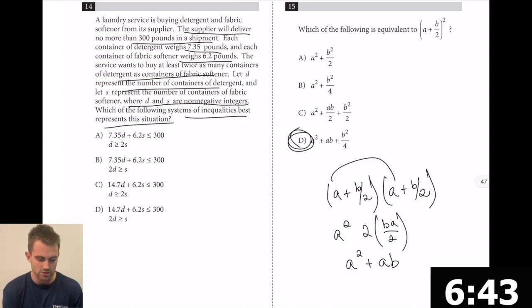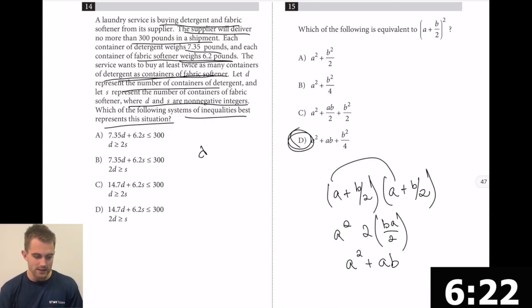Supplier will deliver no more than 300 pounds in a shipment. Is buying detergent and fabric softener. Each container of detergent weighs 7.35 pounds. Each container of fabric softener weighs. The service wants to buy at least twice as many containers of detergent as fabric softener. So fabric softener is here. D represents the number of containers with detergent. So we need to make sure that we have twice as many containers, right? We have to have D is equal to twice as many containers of detergent